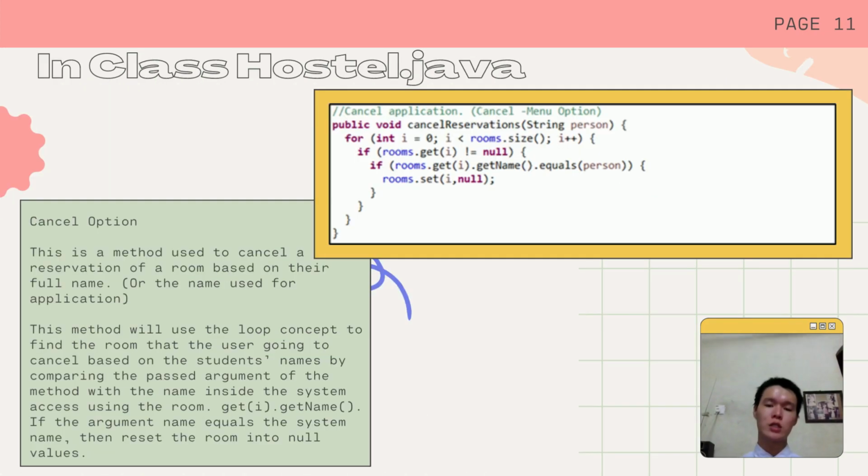Next and the last option is the cancel option. The method that will be carried out is public void cancelReservations that will receive String person. This is a method used to cancel a reservation of a room based on their full name or the name used for application. This method will use the loop concept to find the room that the user is going to cancel based on the student's name by comparing the argument of the method with the name inside the system